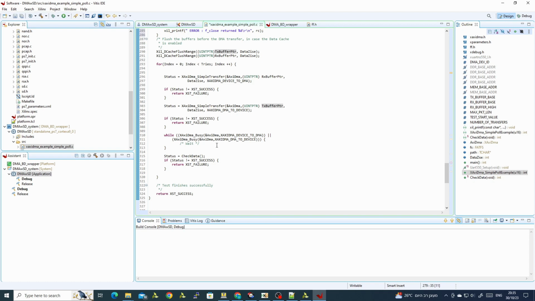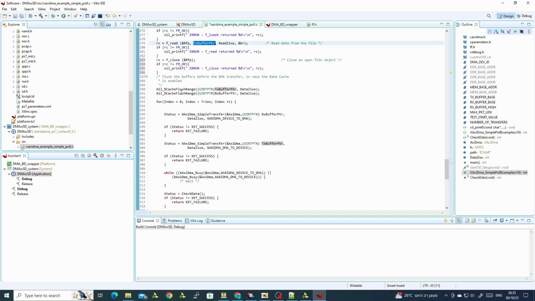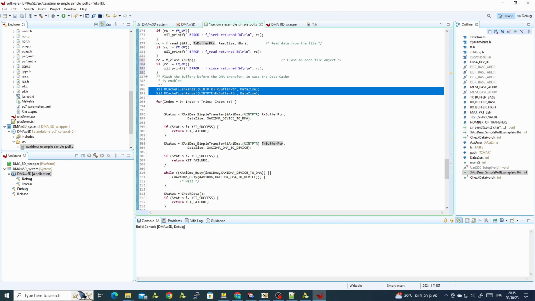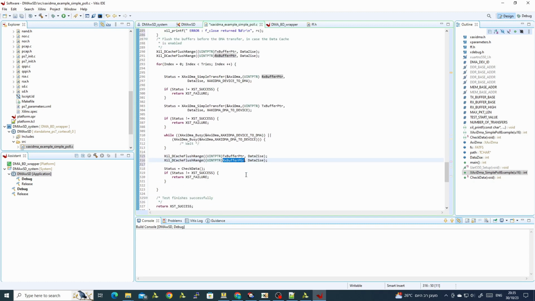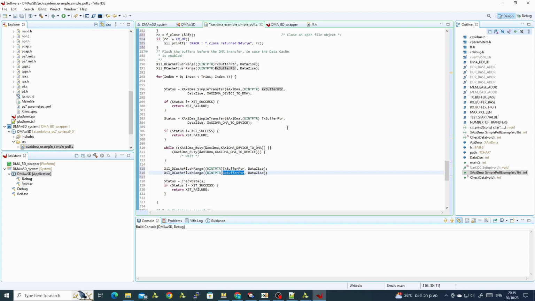After we finish the DMA, if you remember, the Zynq is actually using a cache. So when we wrote the data, we actually wrote it to the cache. We need to transfer it to the DDR here. And if we want to read back, we need to read back the data from the RX DDR buffer into the cache, so we will have the data ready for the Zynq to write. The next thing I want to do is to write it back to a new file